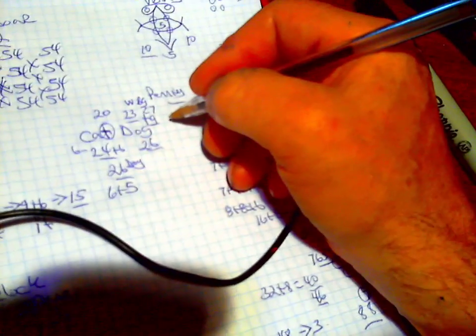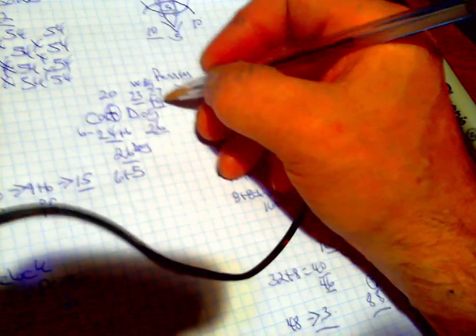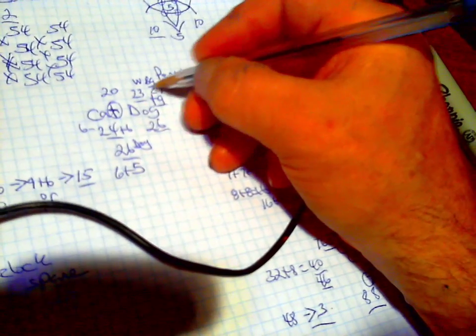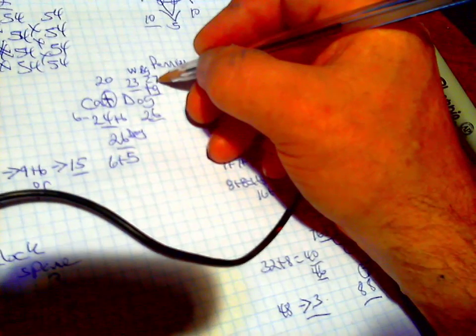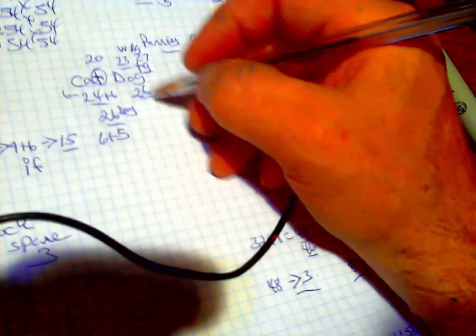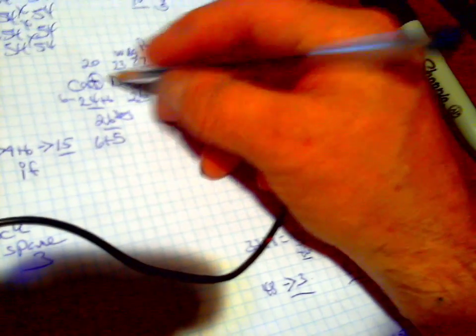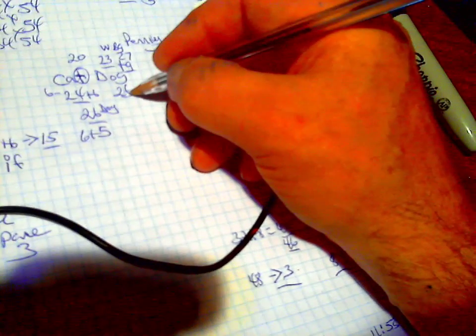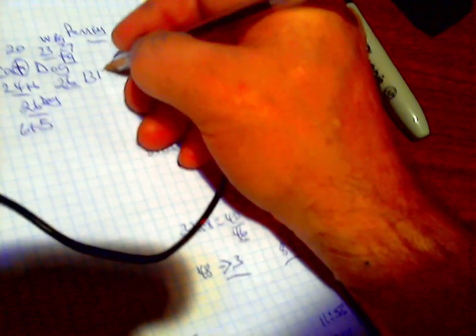WBG, win big. 11, this will equal to 23. 7 times 2, 7 plus 2 will be 14 and 9, 23. So the cat and the dog fit into each other. Now let me show you what I'm going to do. Since we have two houses, cat and dog, let's divide this 26, 13 and 13.